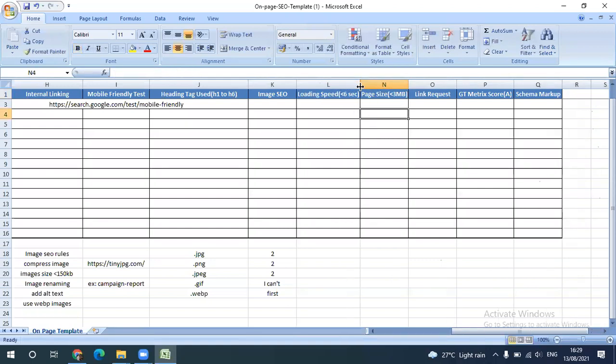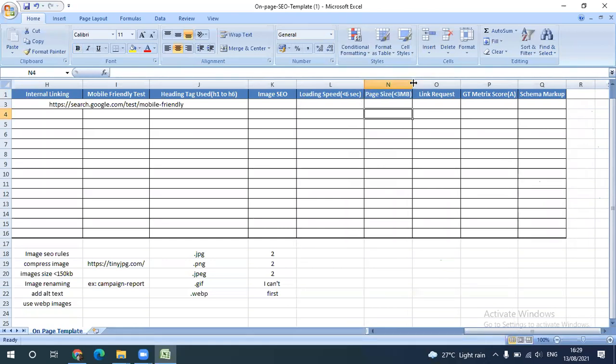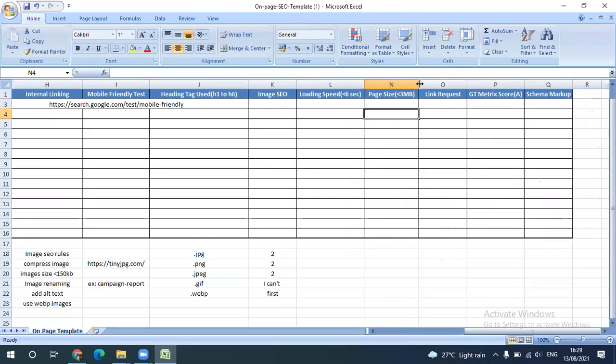Two factors: one is loading speed, another is page size. And the number of requests, link requests. I am telling you the method recommended by Google, how much you have to keep: 100 requests.